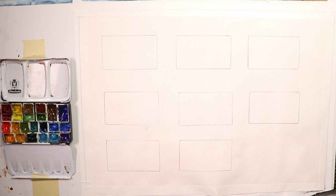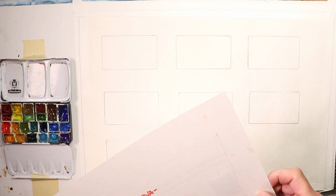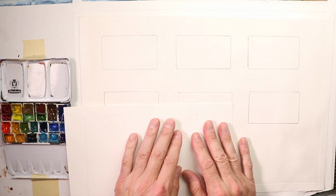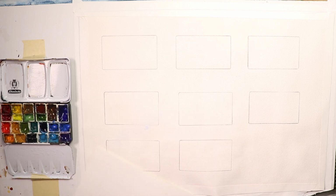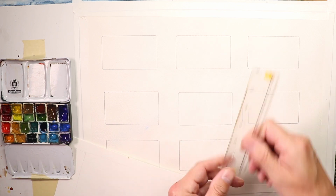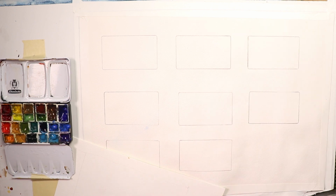So let's see. Let me go find some cardboard. I'll be right back. A piece of watercolor paper might work. Let's try that. So I'll just take a piece of watercolor paper, and we'll measure this and find out. Let's find out what these are. These are, size-wise, 3.5 inches by 2 inches. 3.5 by 2, so I'll take,